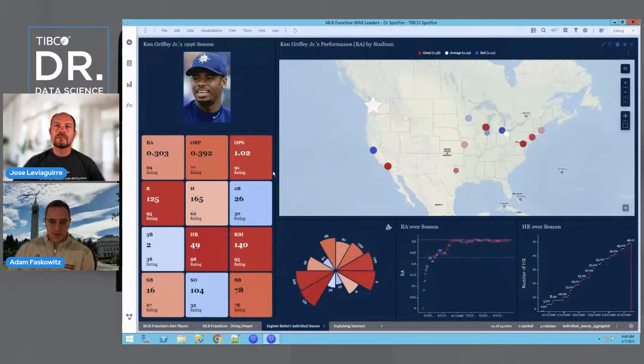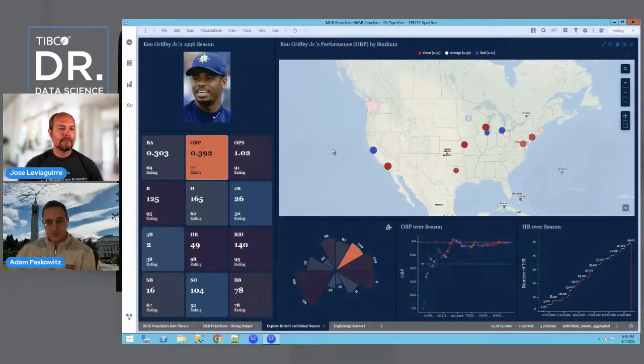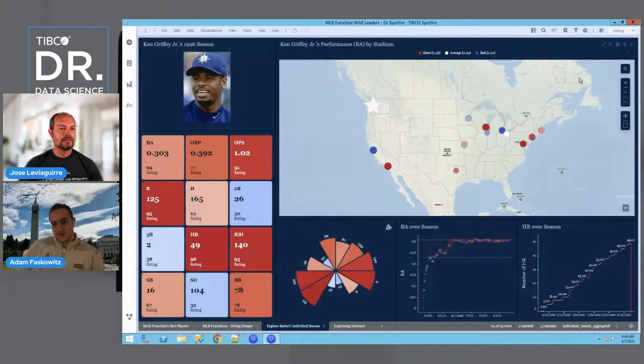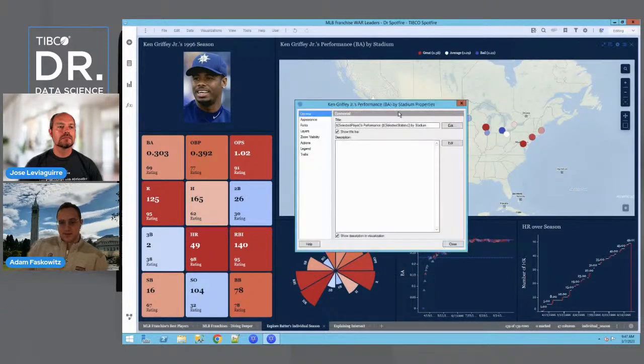But the first thing I want to show is this huge map here. What this map is doing is showing the performance of this player at the different stadiums that he played in. I can click on the different statistics and it shows me how well he did for that one statistic. The thing I had trouble with here was defining the color scheme